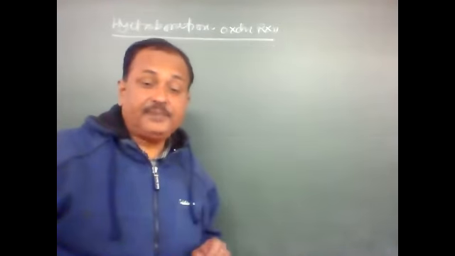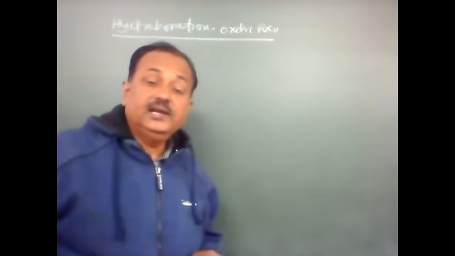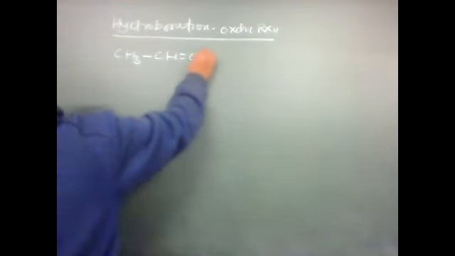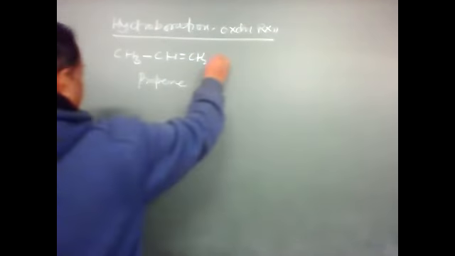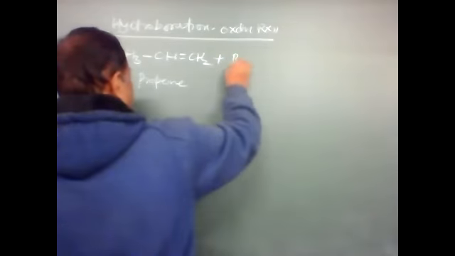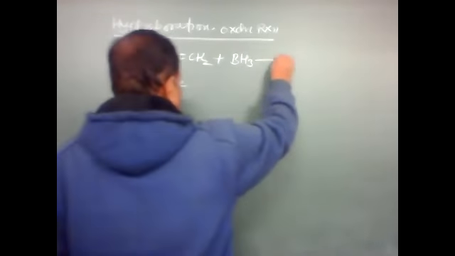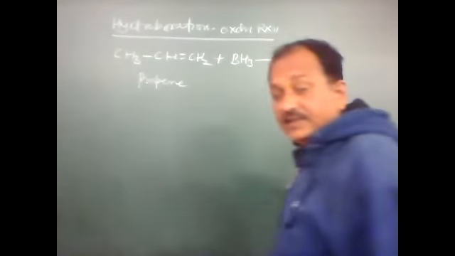Primary alcohols are prepared by using diborane. So here in this, we take any alkene, say it is propene, and here we take the BH3,